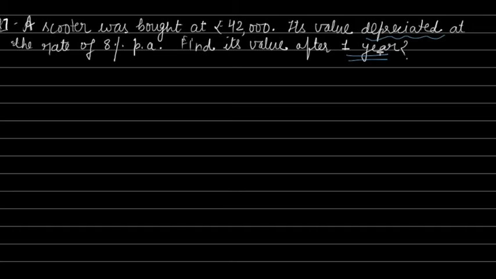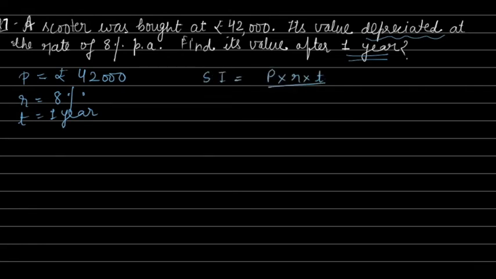So this is a very simple question. We can apply the direct formula here. Principal is rupees 42,000 at a rate of 8% and time period is given as 1 year, right? So if I calculate simple interest, P into R into T upon 100, principal is 42,000 into rate 8%, 1 upon 100. These two zeros cancel. Now if I multiply by 8, 8 2s are 16, 1 carry, 8 4s are 32 plus 1, 33 and a 0. So 3,360 rupees is the simple interest.